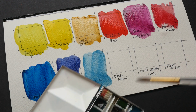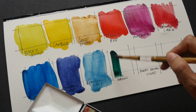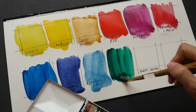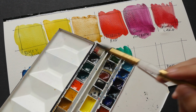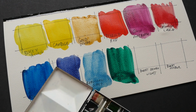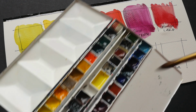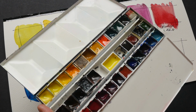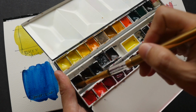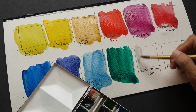I also included some convenient colors like this color here, Blockx Green, which is quite similar to phthalo green, but for this version it's a bit stronger than phthalo green, just slightly stronger. And then I have burnt sienna light. It seems that Blockx has different variations of burnt sienna, just like Daniel Smith have their burnt sienna, Italian burnt sienna. Here we have